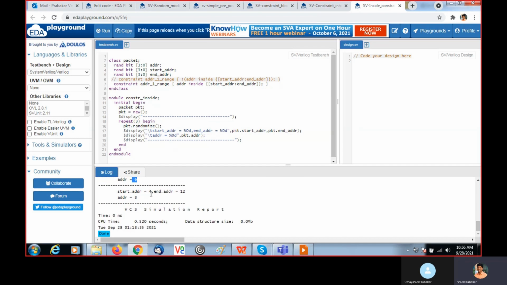Then 4 and 12, and within that it takes 8. If I mention this not, it will take a value out of the range.